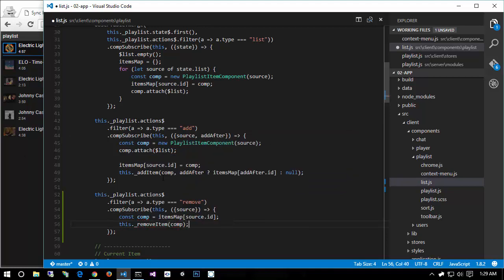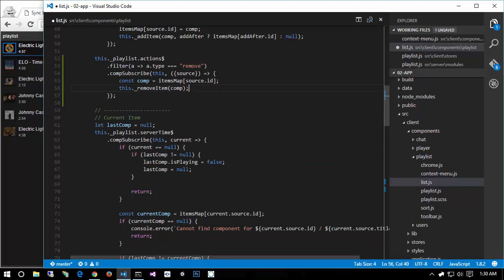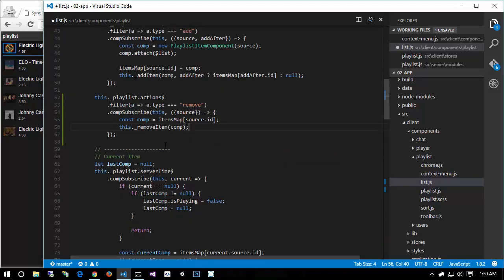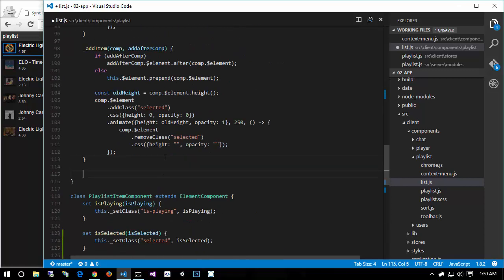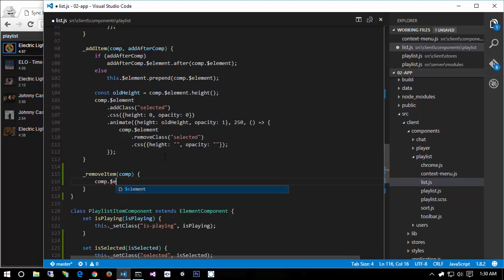So now we can go down and implement remove item. Take a look at that code. I probably won't be scrolling up again because that's a very straightforward piece of code. Now let's scroll down. After add item, we're going to say remove item with the comp, and we're going to say comp element add class remove,